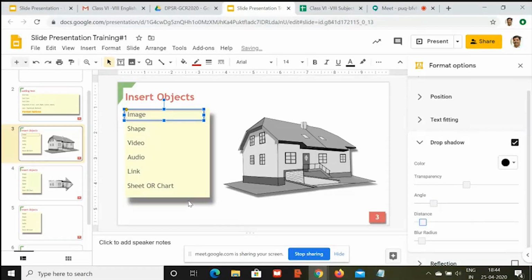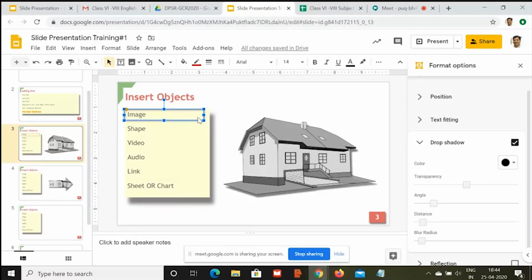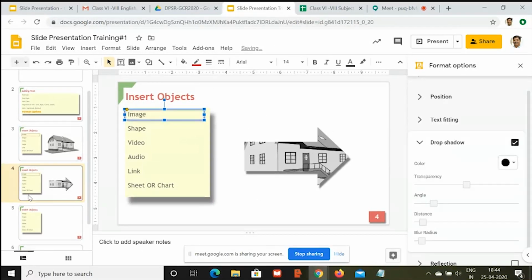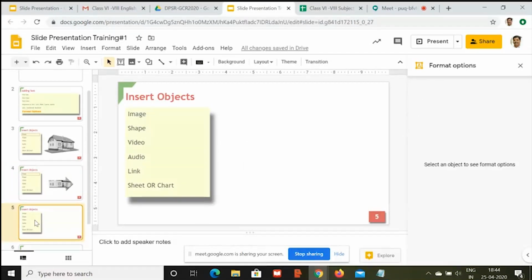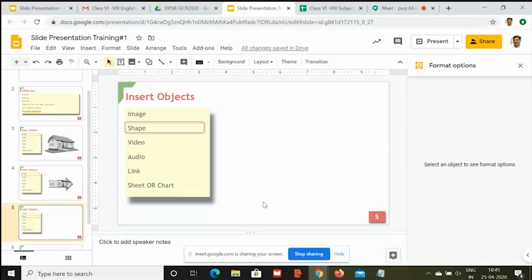And then in the next screen also, we were discussing about image. So I'll just copy this with the help of Control-C, move to the next slide, and paste with Control-V. It will be pasted exactly at the same place without any movement. And then I move to the next slide. And here, as we are discussing about shape, I'll move this menu to this place with the help of the arrow key. That's it. So here, when you are learning about shape, what all we should be doing.